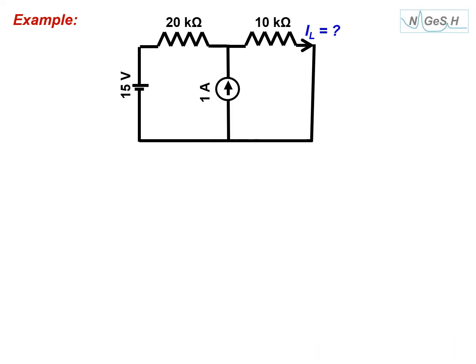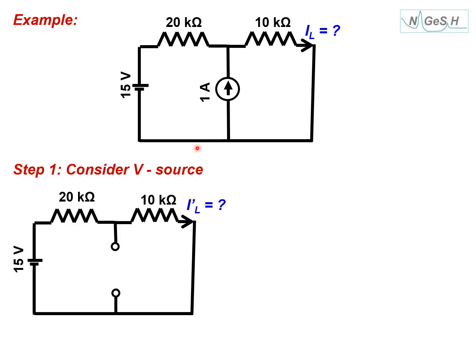Now you can check it with another example. Now we have another circuit here. So I will consider each source at a time. Now first consider the voltage source. So what should I do with the current source? Current source has infinite internal resistance. So it will be just like open. Now that's a series circuit. See how simple it has become. Now that's a series again. So 20 plus 10, 30, 15 by 30, 0.5 milliampere.